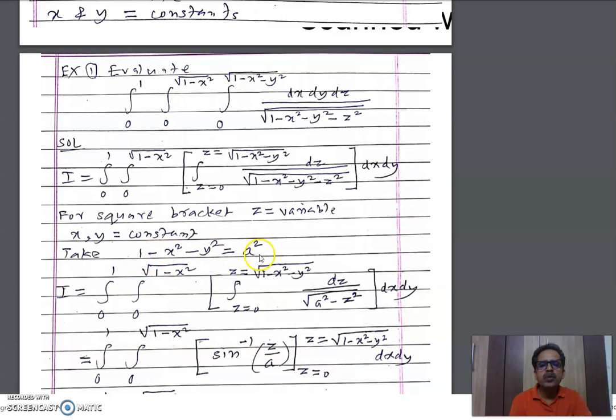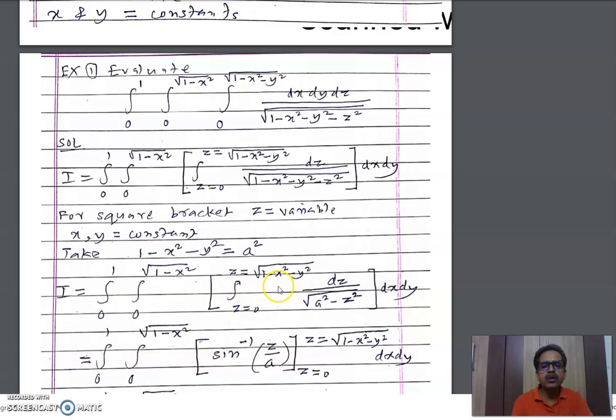Using this we can write the square bracket as dz divided by under root of a square minus z square, and this is a standard integral. The integration of 1 by under root of a square minus z square with respect to z, noting that a is a constant, is sine inverse of z by a, and we have to continue these limits,